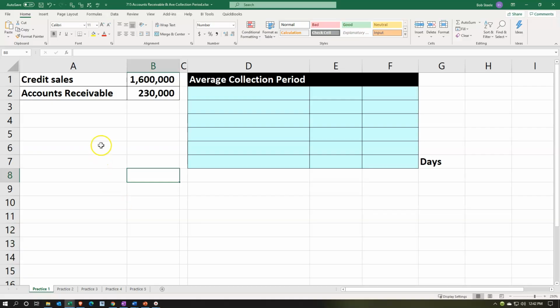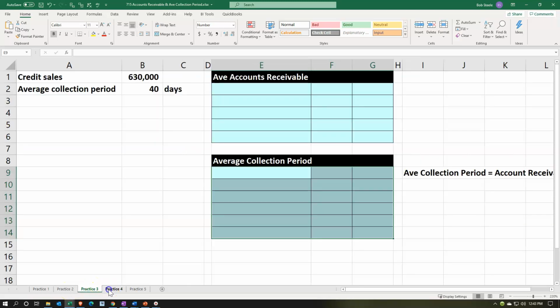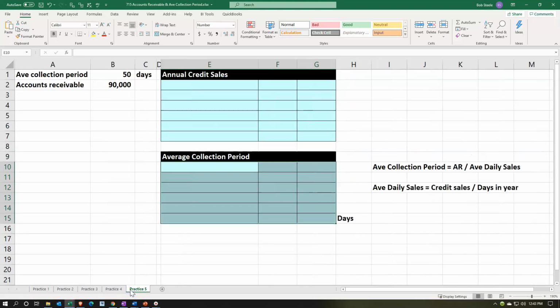Here we are in Excel. We have our information on the left-hand side. We're going to put that into the blue area into our worksheet on the right-hand side. Notice we have a few tabs down below. You may have even more if you're working along with your practice problem because you're going to have the answer key with it, and then you'll have these different tabs. Now, some of them will be similar problems. Some of them will be slightly different, but they're fairly small problems, so we're going to work through these fairly